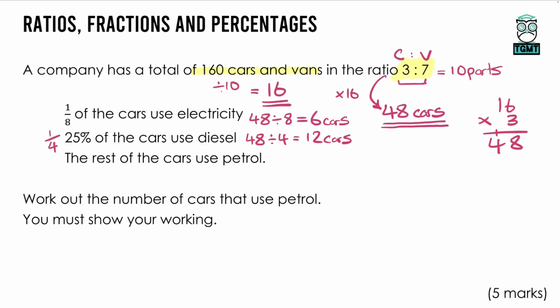It says the rest of the cars use petrol. Work out the number of cars that use petrol. Well, in total here, if we add these two together, we have 18 cars. So there are 18 cars that use electricity or diesel. There are 48 cars in total, so for the amount that use petrol, we have 48, take away 18, which is equal to 30. So the final answer for our question would be 30 cars that use petrol,